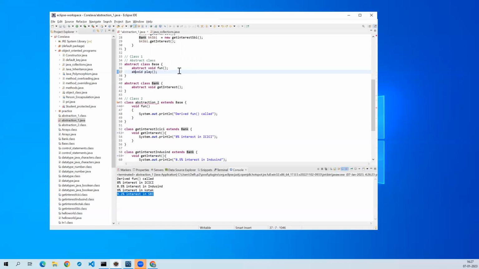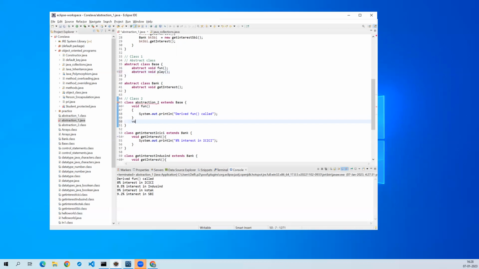So let me delete this abstract and save and run this. Now the program is not having many errors, it is not blocking anything. It is saying this method requires a body, which is a semicolon. Okay, this is just a warning alone. So yeah, if you declare this method with abstract, then it is a must and should